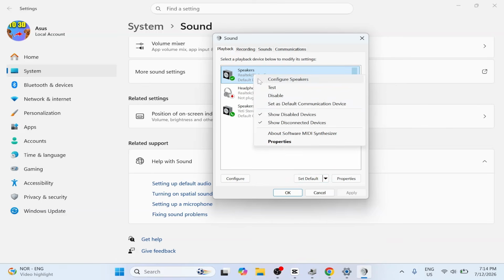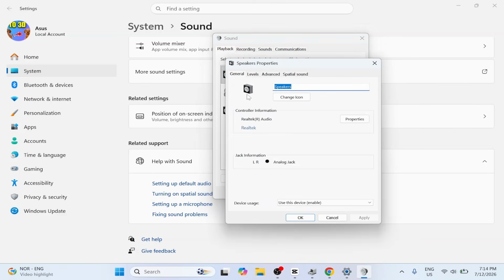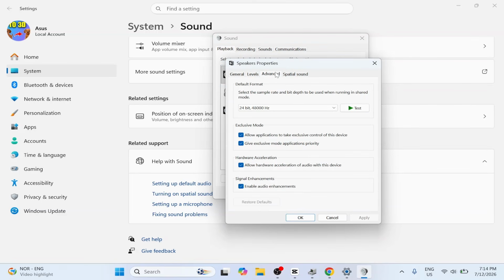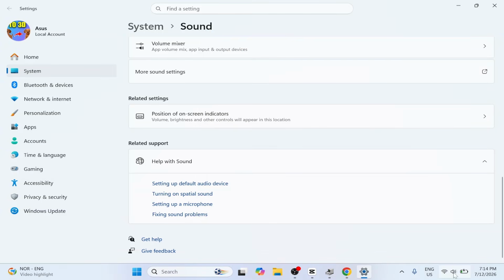You can also right-click on your speakers and click Properties. Now click on Advanced. If you have Enable Audio Enhancements turned on, then disable this, and then press Apply and OK. Now if it's still not working, right click on the volume icon again, and press Open Volume